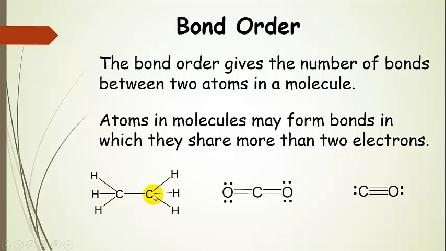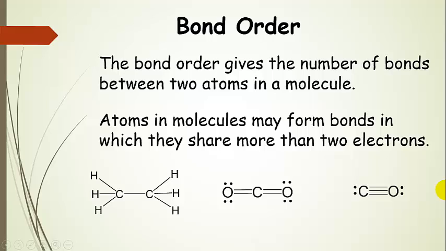So you can see that these two carbons are bonded together with one bond. We call that a single bond. They can bond together with something called a double bond. So that's one of the multiple bonds, or a triple bond. Each of these bonds in all of these molecules, each line